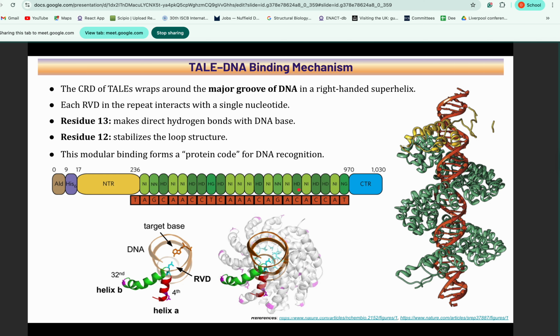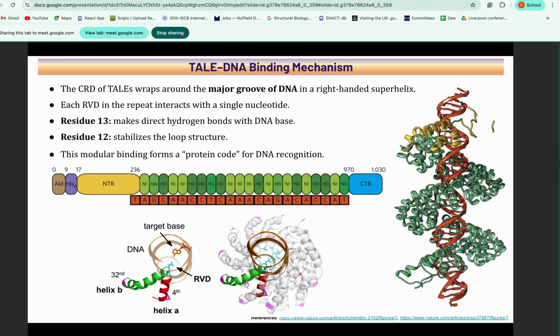This shows you that if these are the amino acid sequences present in my tail, then to which DNA sequence it can bind. Okay, and this is a further diagram which is showing that one of the amino acids at the RVD, which is at position 13, is making the hydrogen bond with this particular base of the DNA. This is a small part of the picture, not the complete picture. This is just a small part in which this is the DNA helix, which is shown here. And this orange colored chemical structure belongs to the